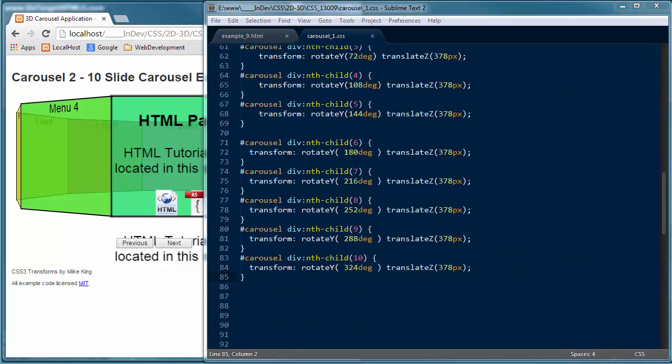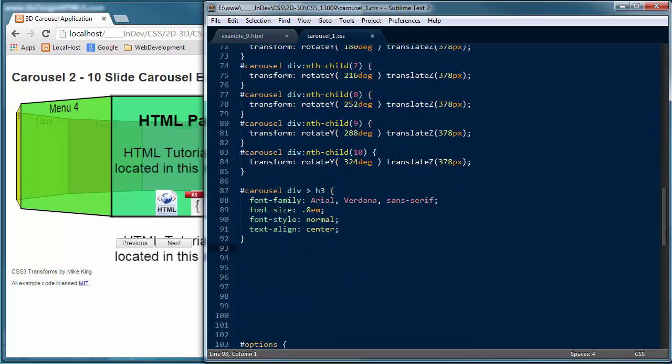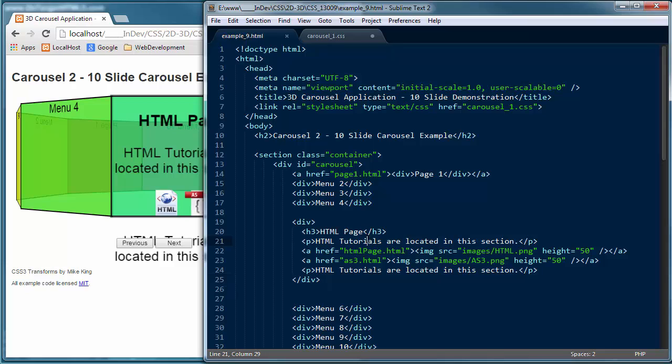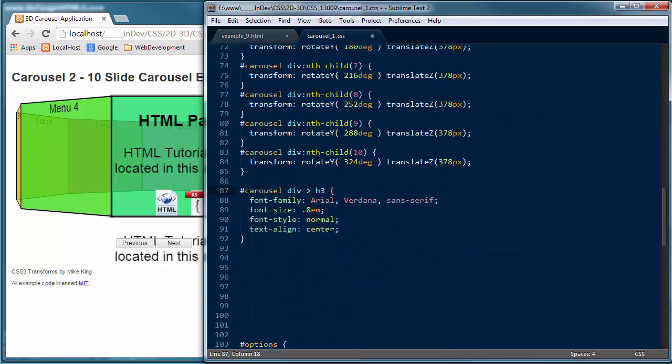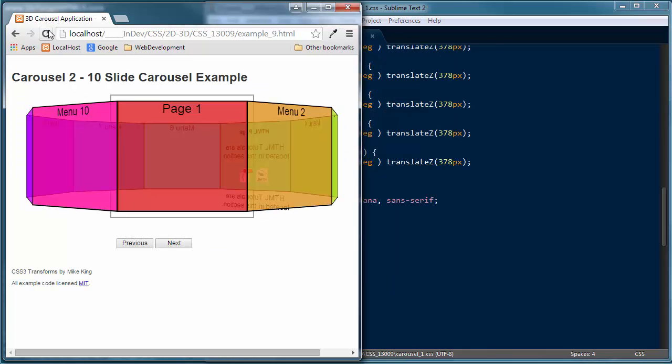So I'm going to go ahead and grab some formatting, and I'm going to come right to the bottom here, and I'm going to say I want to go to my carousel with a div that has a direct child of H3. And if you look, you'll see that we've got a div with a direct child of H3. And we're formatting that H3 element. We're giving it a font family, a font size, font style type, and a font align. I'm going to go ahead and save those changes, refresh my browser window,